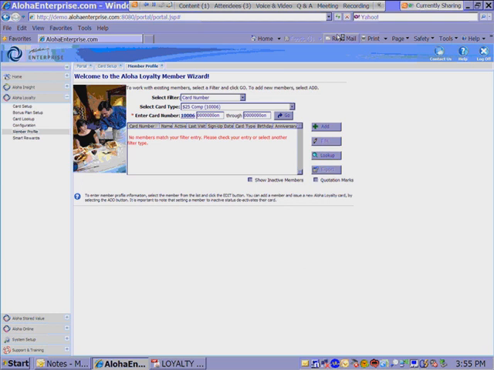And then it'll populate the prefix, the 19999, and then we can type in the card number. Now, you remember what we said before, you don't have to type in the leading zeros. So if their card number is 50, you just type in 50 and hit go. Then that card number would immediately populate here. Let's just say, for example, this is the new card number. It wouldn't have any of this name information in it. It would show their sign-up date and their card number, and that's it. We can actually click on it once and hit edit, or we can double